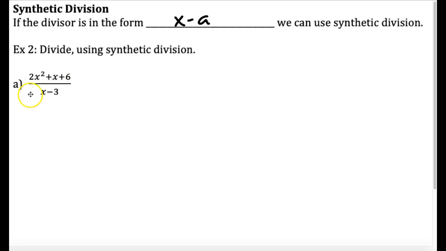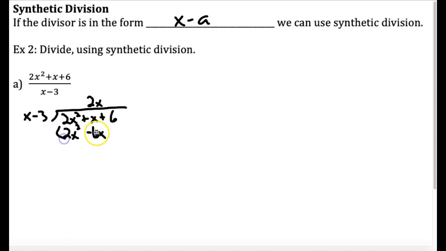So here, in this first example, our divisor is in this form. Right? So yesterday, we would have set this problem up like this. We would have used long division to set this up like this, and then the process was figure out what we have to multiply this term by to get this term, put that number up here, so that would be 2x, then multiply this by both terms. So we would get something like this, subtract,